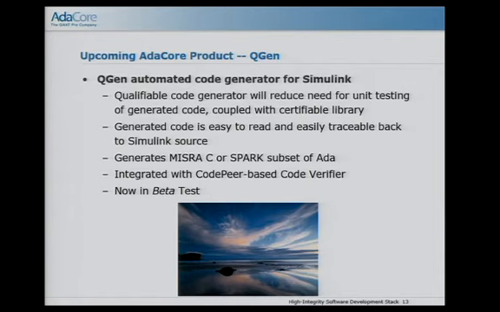But basically people are frustrated with some of these autocoders because they aren't qualified. They don't give any real guarantees. Obviously they're not trying to insert bugs, that would be a little bit weird. But they're not going out of their way to qualify these tools so that you can then take them to somebody like the FAA and say, I don't need to retest everything I tested at the model level because I used a qualified tool to produce the code.